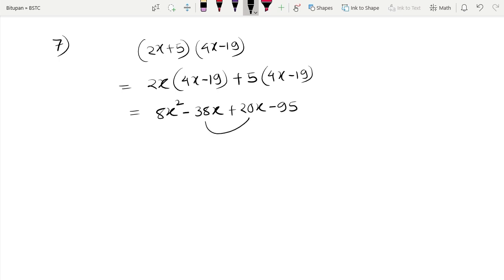तो अब देखो इन दोनों को हम लोग सिंप्लीफाई कर सकते हैं बिकॉज दोनों में सेम वेरिएबल x है। तो आंसर होगा 8x स्क्वायर माइनस 18x माइनस 95। इन दोनों को सिंप्लीफाई करने से सब्ट्रैक्ट होगा बिकॉज एक माइनस साइन है। 38 माइनस 20 इज 18 और बड़ा नंबर 38 है तो साइन आएगा माइनस। दैट्स व्हाई द आंसर इज 8x स्क्वायर माइनस 18x माइनस 95। नाउ मूविंग फॉर द लास्ट क्वेश्चन।